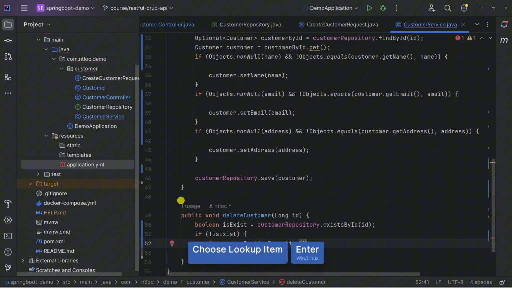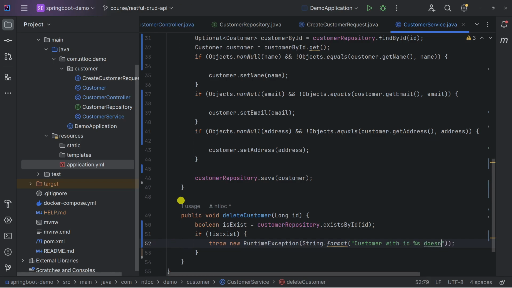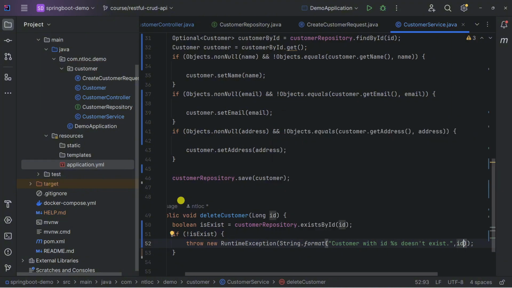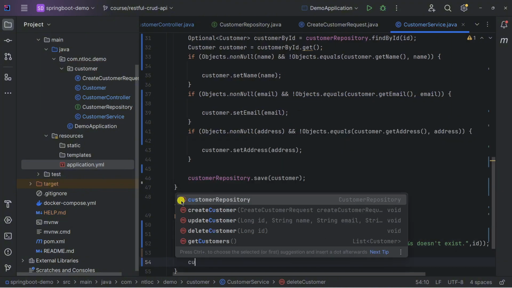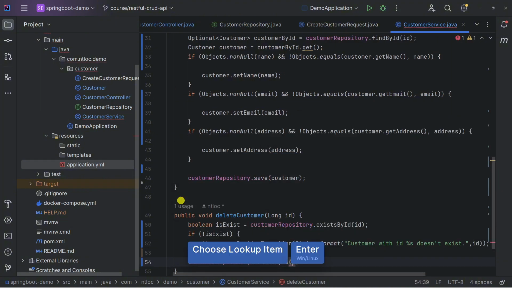Throw a RuntimeException, and the message is customer, I would like to have String.format in here, "Customer with ID does not exist", and then we pass the ID in here. If that's not the case, we simply deleteById.